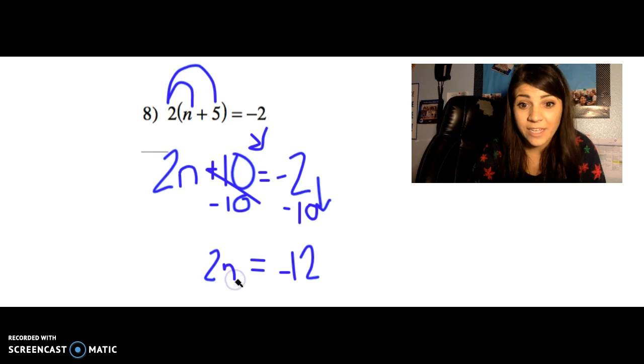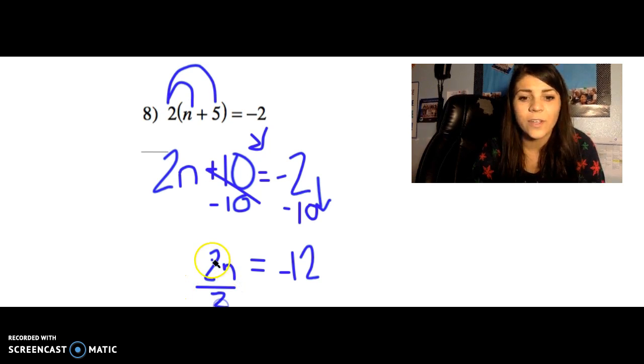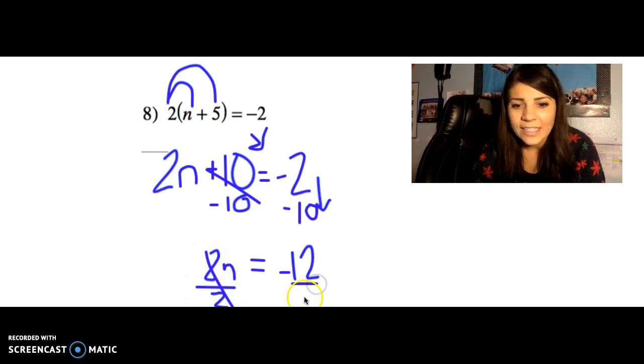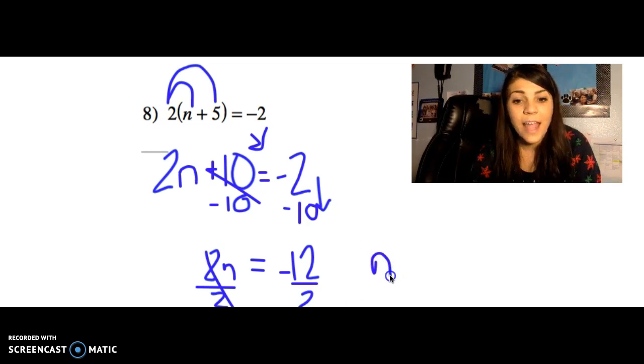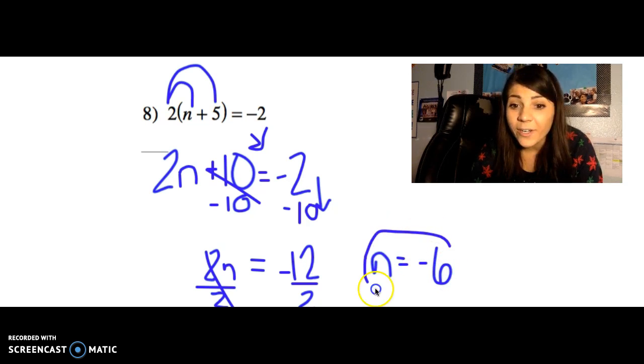And then I'm going to divide each side by 2. So I have 2 over here, cancel that out. Divided by 2 over there, cancel that out. Just kidding. It's actually just going to be n equals negative 6. So if you got that for an answer,